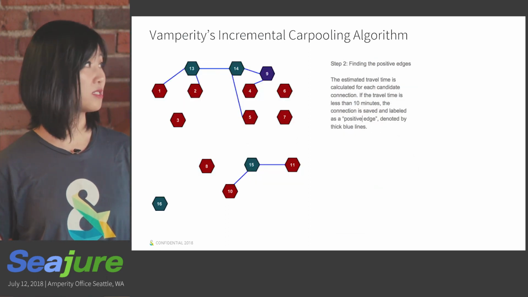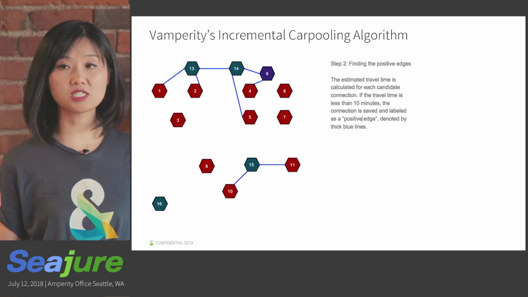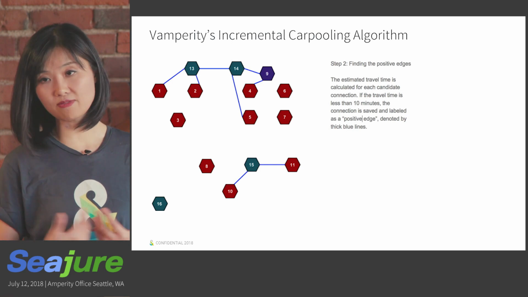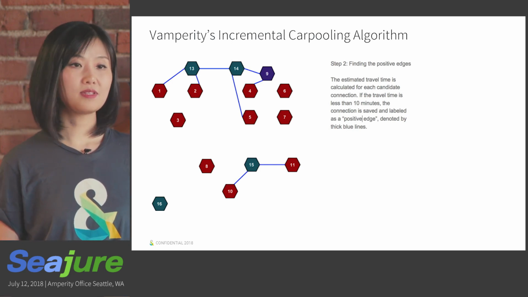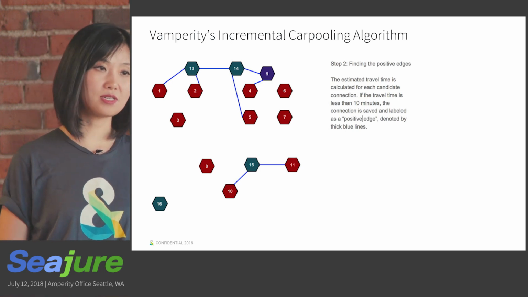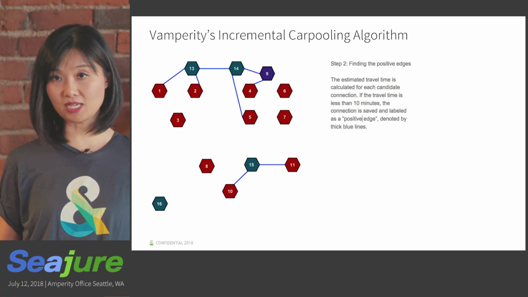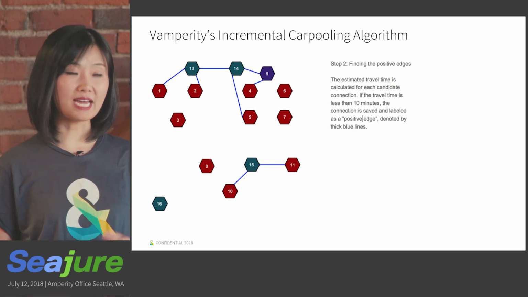And the next step is just classification or pairwise comparison. You want to find the positive edges. What it means is if you're close enough, you're a positive edge. For this case, Euclidean distance or just the estimated time of travel can be used, and you can set a threshold: only if you can get from point A to point B in less than 10 minutes, we can consider you a positive edge.